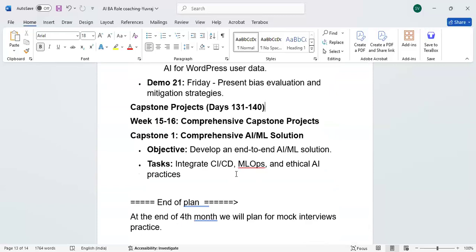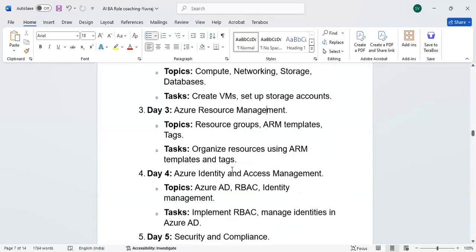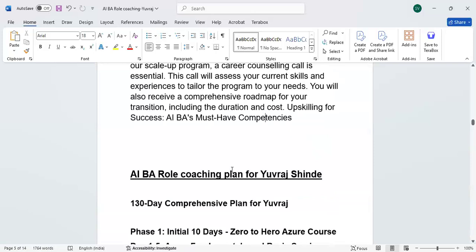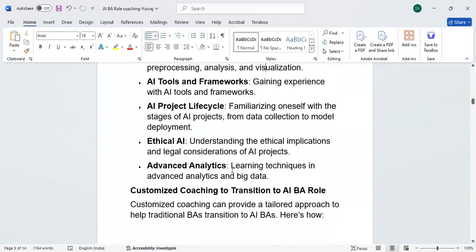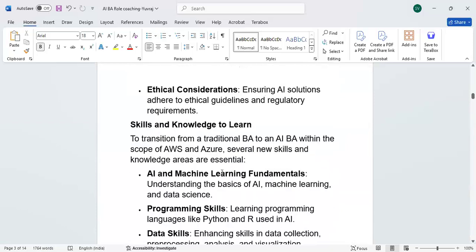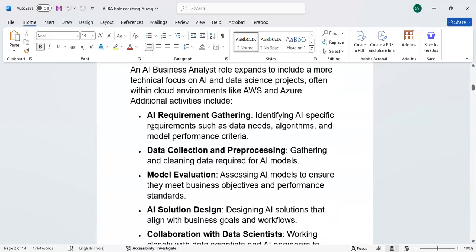Okay, so this is your final output. You're consolidating and coming up, like you can simulate whatever the activities are there for the BA role. These are the activities. You take some requirement, you prove it. I'm gathering requirement. This is the business requirement. This is my user story, and this is the data I'm collecting.